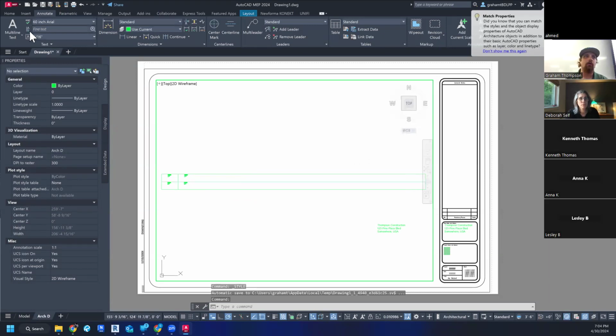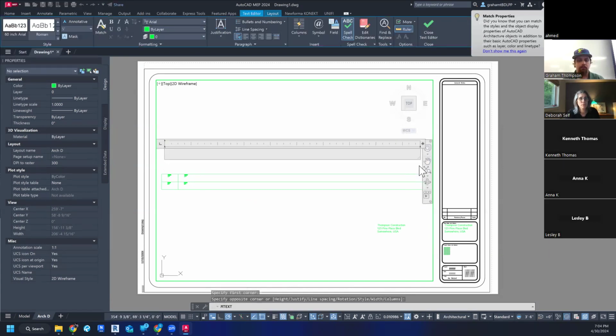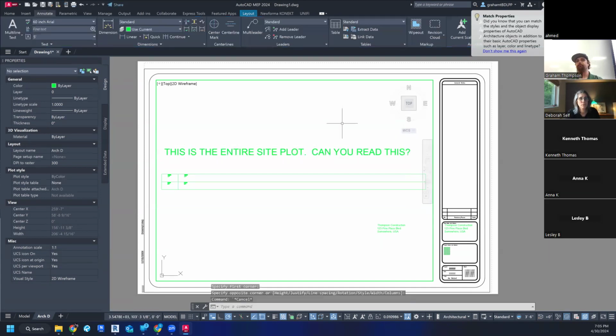Close it. And now, when I build this multi-line text, this is the entire site plot. Can you read this? Right? So that's how big something's going to need to be in text size if you want to put it